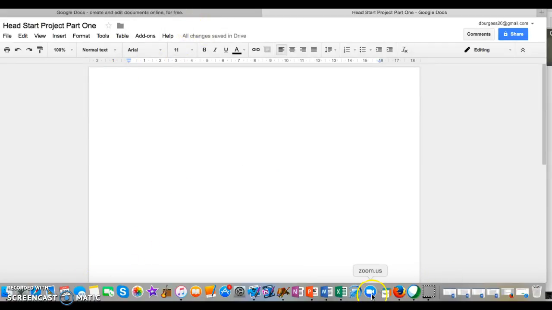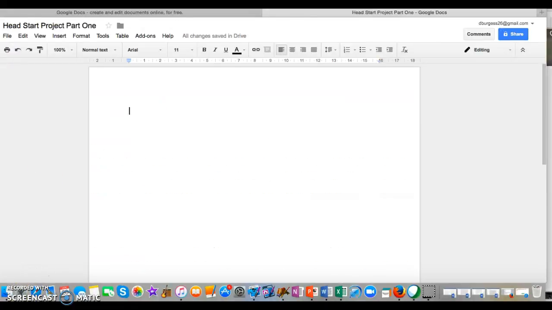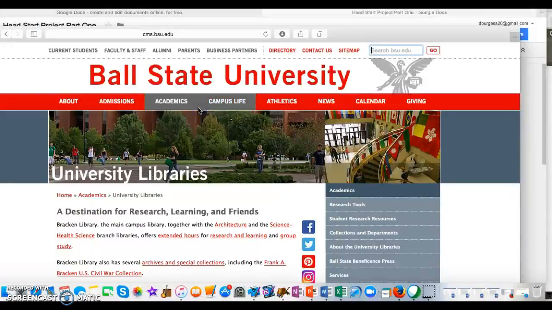Now let's return again to the assignment. As you're making your way down, the second part asks that you submit 2 articles. One can be from a well-recognized and well-regarded organization such as the National Association for the Education of Young Children, but you should select one from an academic database. To locate the academic database, you would, in this case, go to Ball State University libraries,